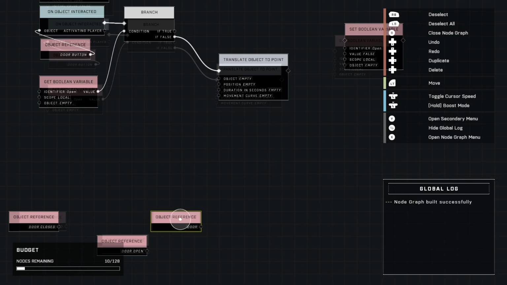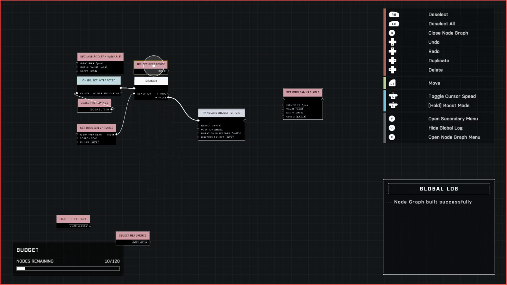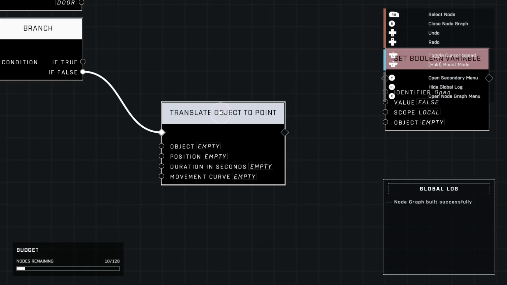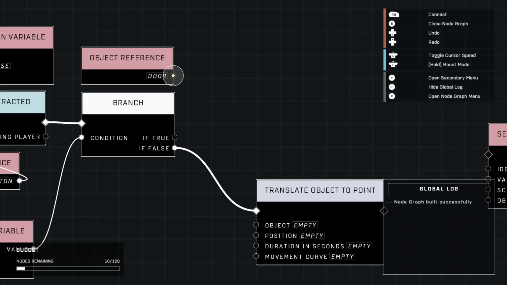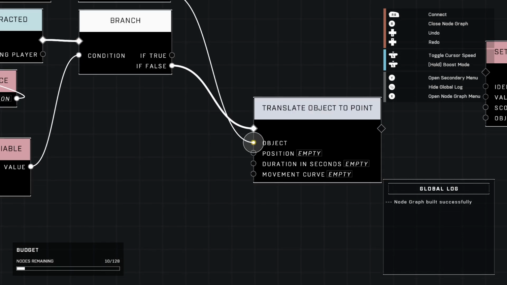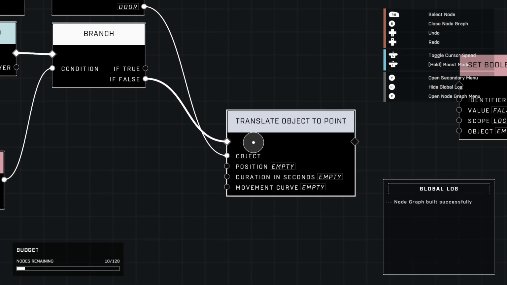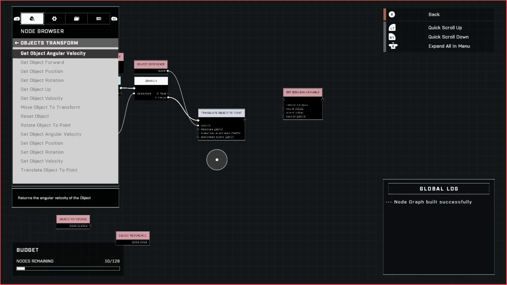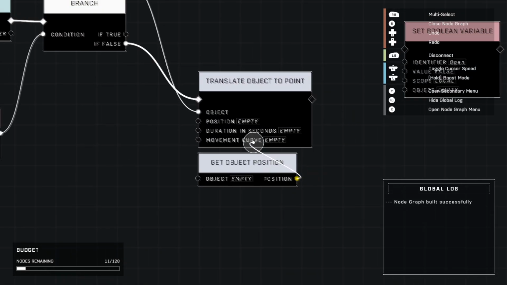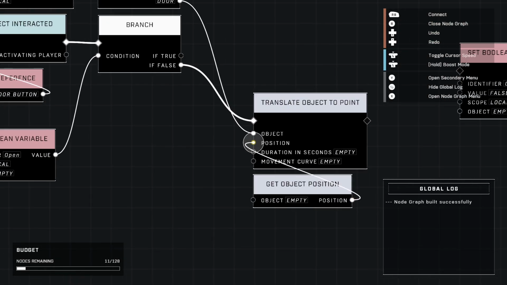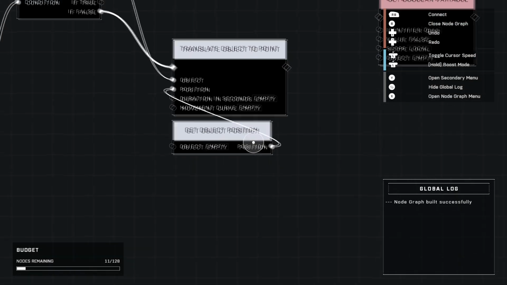And since that is the object we will be moving, the door, I'm going to place it up here because we're going to be using a second one of these. So I'm going to place it here so that we can reach both of them and still look kind of neat. So go ahead and plug your door object into the object that we're going to be translating. Next, in the same category, we're going to grab get object position and place it right up under our translate object to point node. Plug the position in where it's supposed to go,